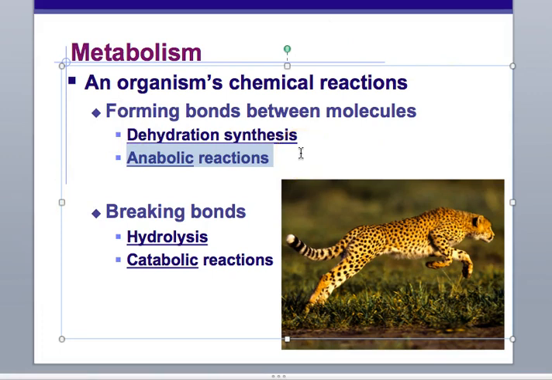When we're talking about metabolism in layman's terms, usually people are talking about breaking things down. But in science, we can talk about both the formation of bonds and the breaking of bonds. The breaking of bonds happens through a reaction called hydrolysis, and the sum of all these reactions are called catabolic reactions. I remember anabolic using the steroid example. I always think about my cats, who break things all the time, so catabolic reactions break things down. However you need to remember it is perfect for you.